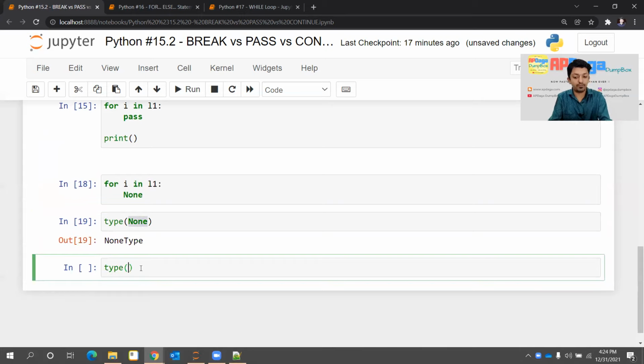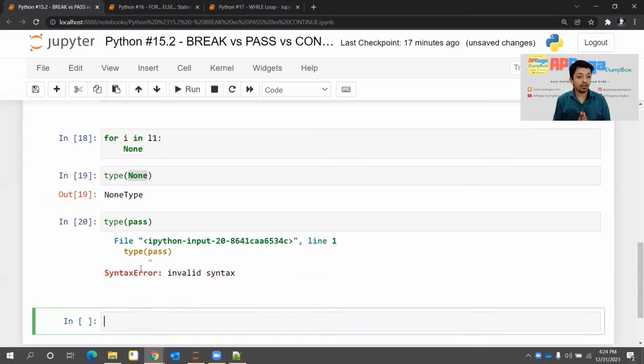Similarly, if I do type and pass, it will throw an error. Why? Because pass is not a data type. Pass is not any variable, it is not any integer, it is a keyword. That's why it is throwing an error. So now you understood that pass and None can be used as a placeholder. It won't do anything, it will fulfill the syntax, and it is a placeholder.